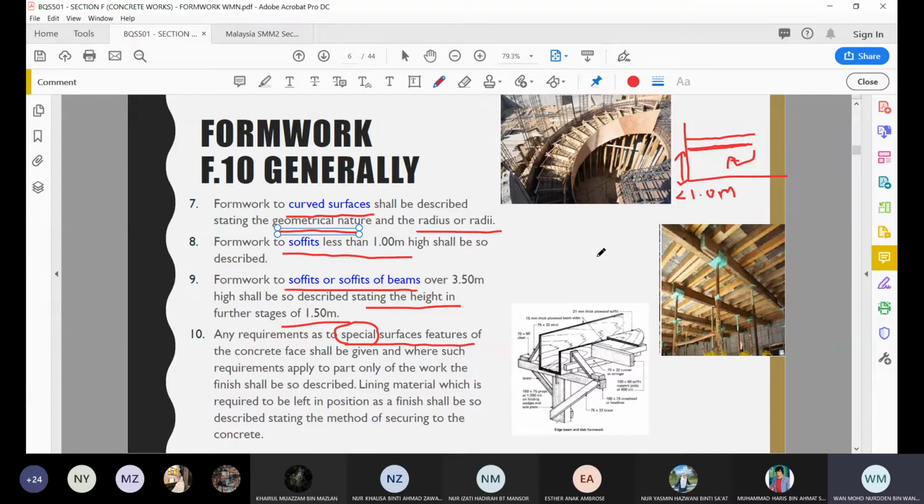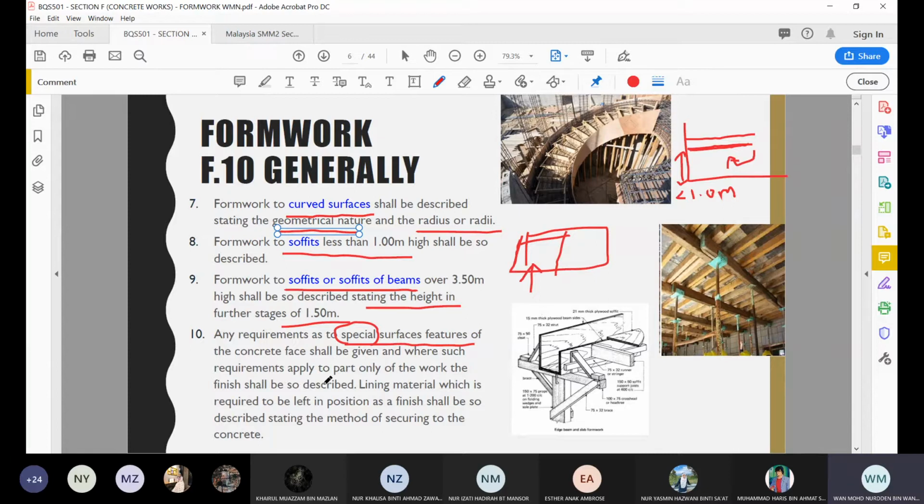nak buat soffit. Okay. Kita nak buat soffit of the slab katakanlah. On the slab, and some of the slab kita buat different pattern. Ada certain pattern lah untuk kita punya soffit of the concrete. Katakanlah kita buat slab kan, so different pattern. Berarti juga